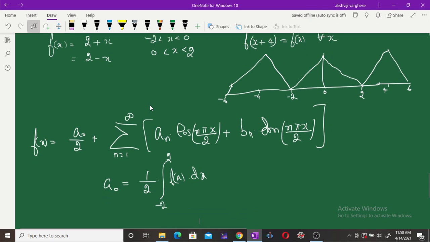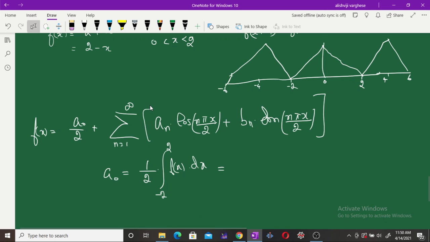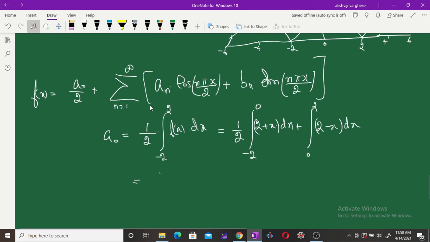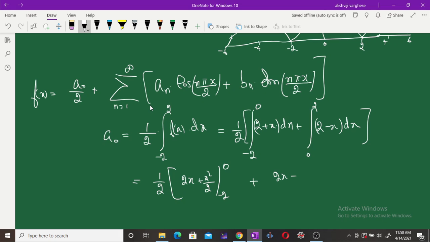But remember, f of x has two different values in two different intervals, so it is equal to 1 by 2 into integral from minus 2 to 0 of 2 plus x dx, and from 0 to 2 of 2 minus x dx, and this is equal to 1 by 2 into, 1 by 2 is common for those two integrals, 1 by 2 into the first integral, it is 2x plus x square by 2 in between minus 2 and 0, and the second integral 2x minus x square by 2 in between 0 and 2,